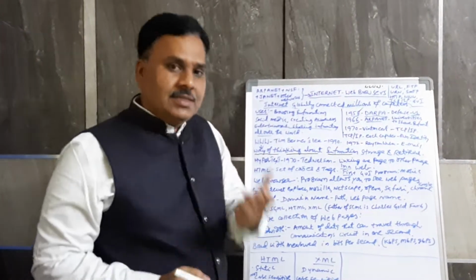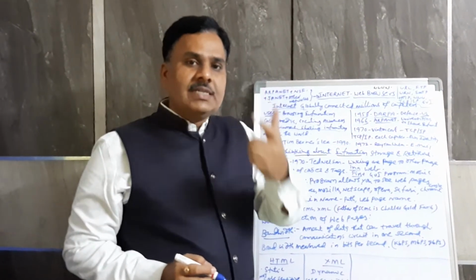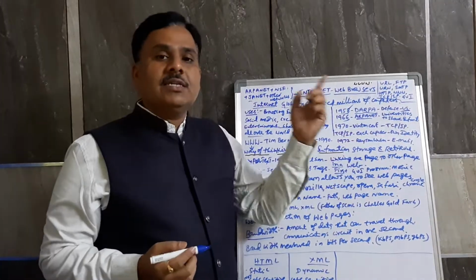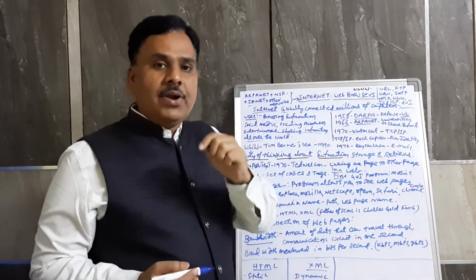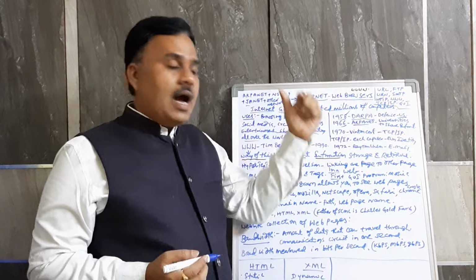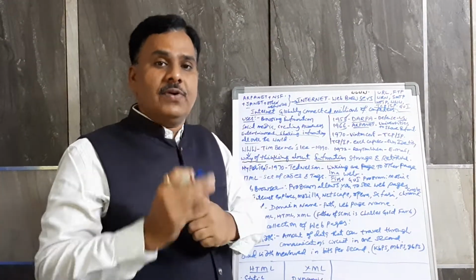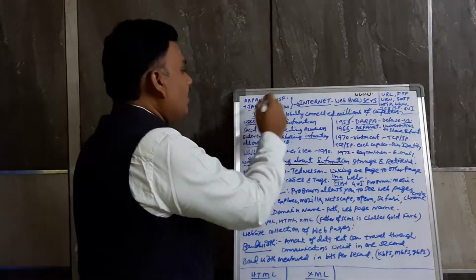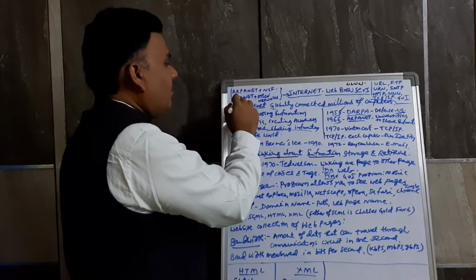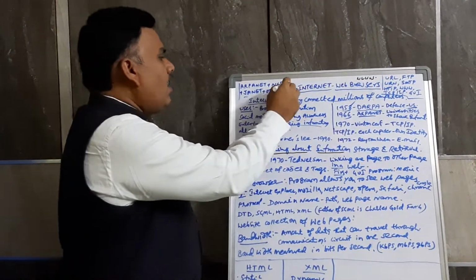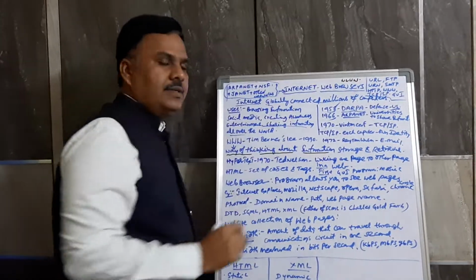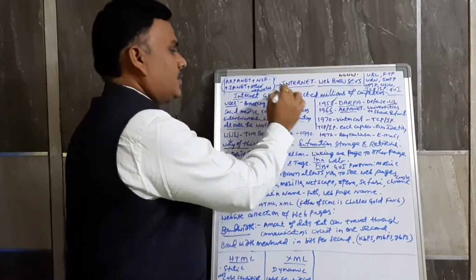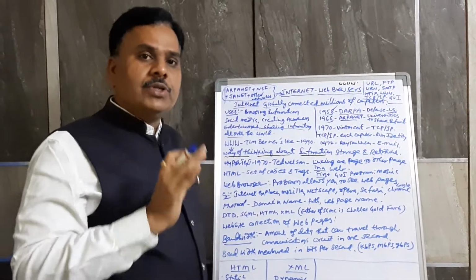Then in 1966, DARPA, Defense Advanced Research Project Agency, is renamed as Advanced Research Project Agency Network. ARPANET is the basis for the internet. ARPANET is mainly established for sharing the information among the universities. If we see the internet, what is ARPANET, what is NSF, what is JANET and other networks, all become an internet. Internet is globally connected millions of computers.